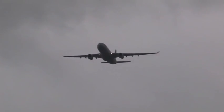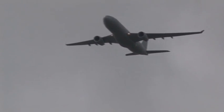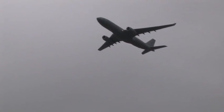Multi-role tanker transport. Here we see the sole example currently flying from Bryce Norton, operated by number 10 Squadron, from which comes the aircraft captain, Flight Lieutenant Reg Armeniou, joined today by co-pilot Captain James Davies, mission systems operator,